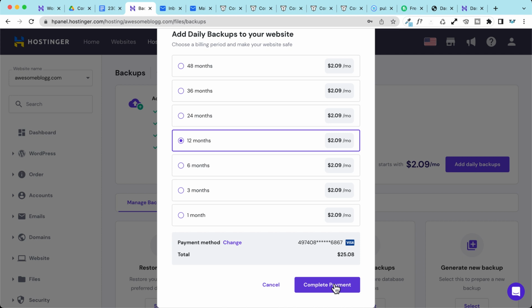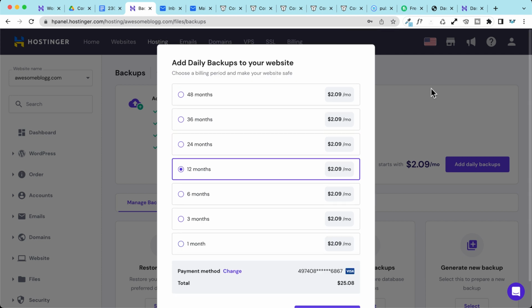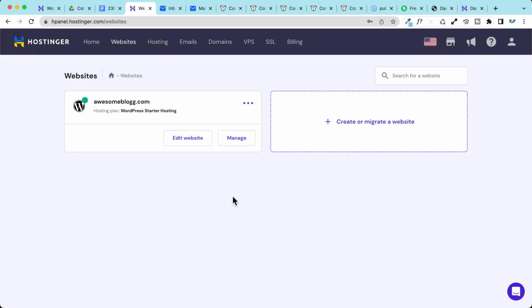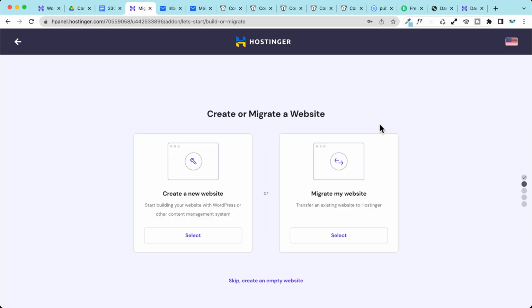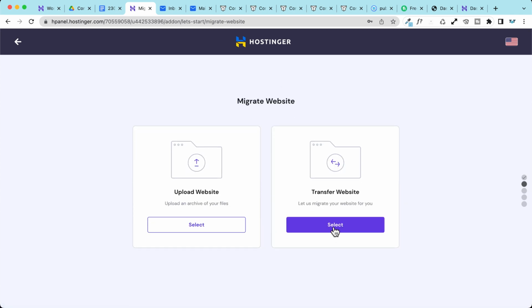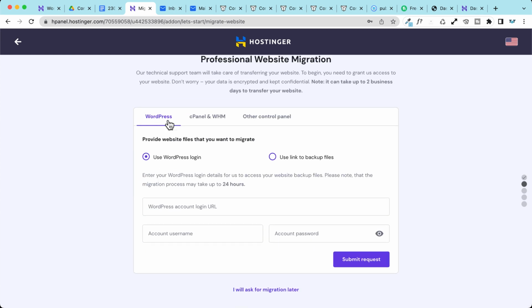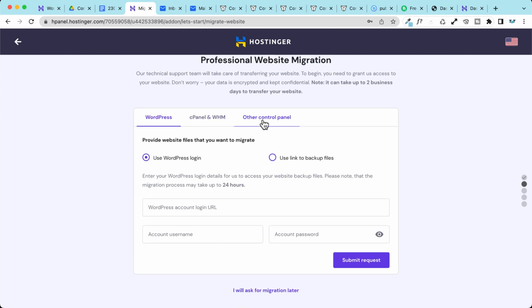So this is a really, really high recommended feature to enable. And basically that's it. If you choose a plan that has this functionality enabled, you can go and click under websites on migrate, and you can migrate a website. So if you already have a website on another hosting company, you just need to go here, click on select, and click on transfer website. Select here, and you can choose WordPress, cPanel, or other control